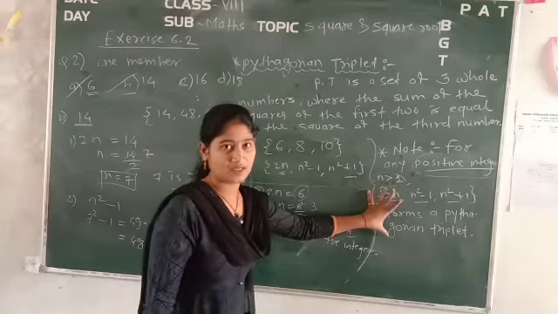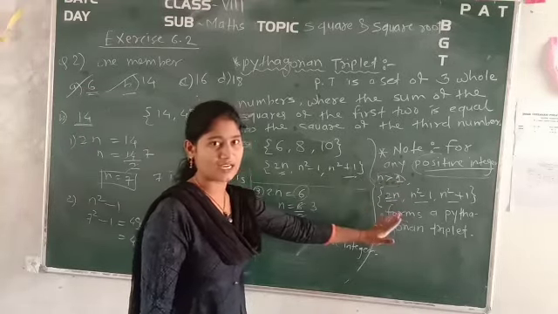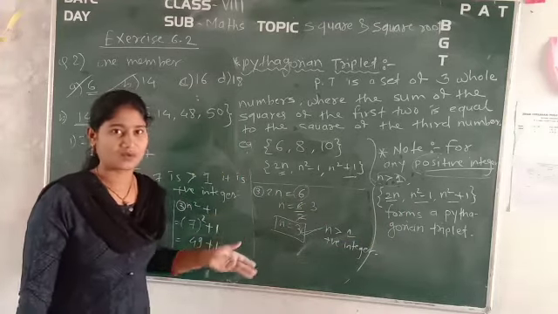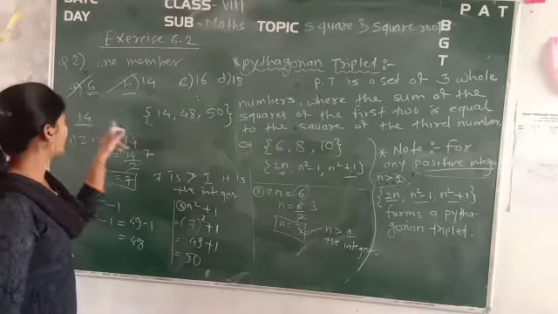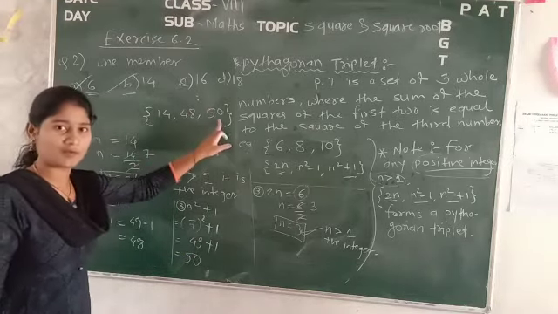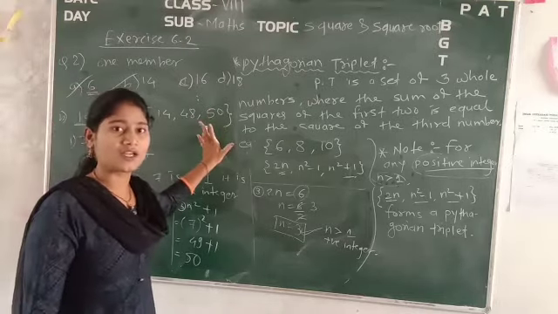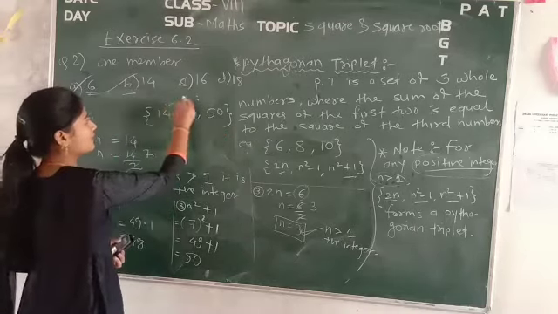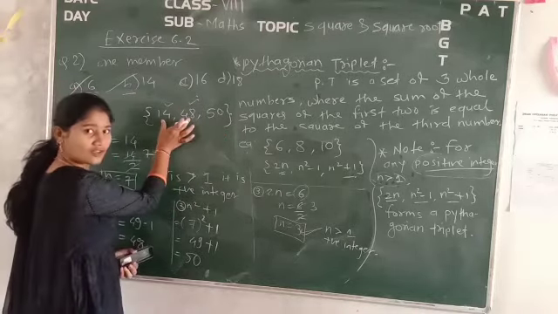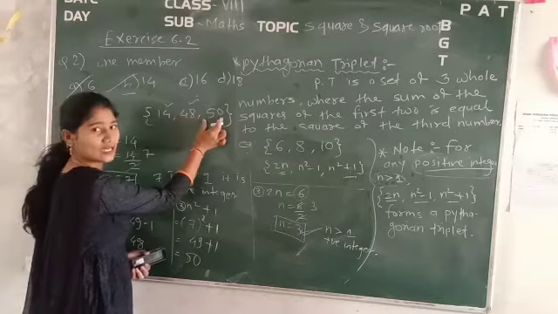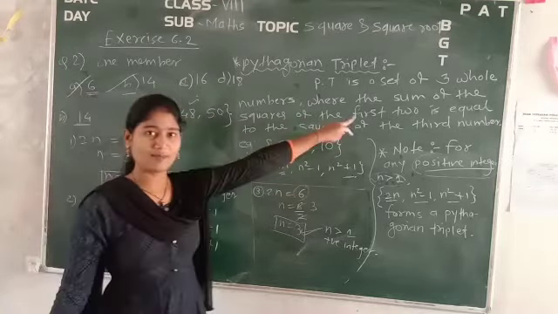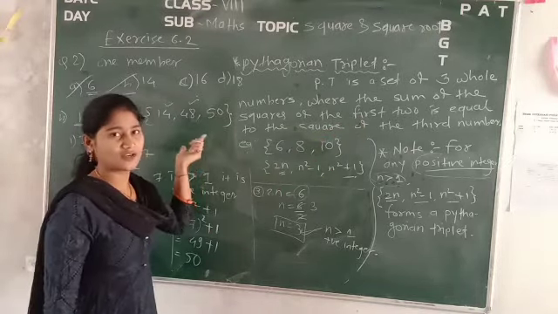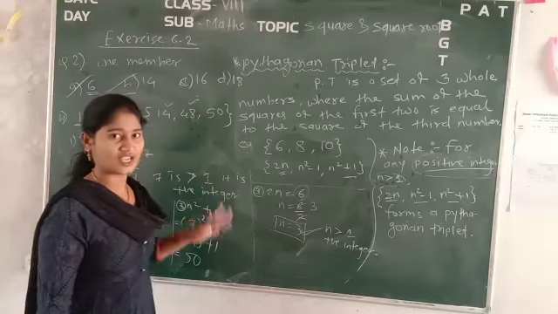This is most important, okay, that you focus more on the condition, that your condition should be satisfied. Otherwise you will get a false answer. So see, in that way we have found the triplet for this one: 14, 48, 50. Now whether this answer is correct or not, you can check. How can you check? Take the square of the first two terms. The sum of the squares of the first two numbers should be equal to the square of the third number according to our triplet property. So if the left hand side and right hand side are equal, then your answer is correct. In that way you can check your method also.